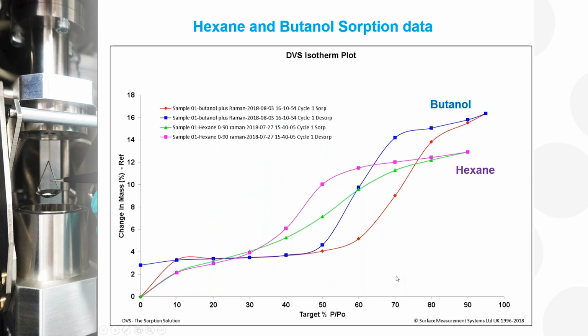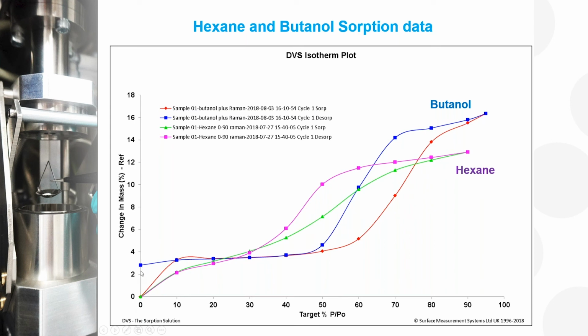If we look at the isotherm plot, you can see that hexane sits over here, but butanol has an initial uptake right here, so monolayer formation and then multilayer formation. Gap of hysteresis right here, 14% mass change, and